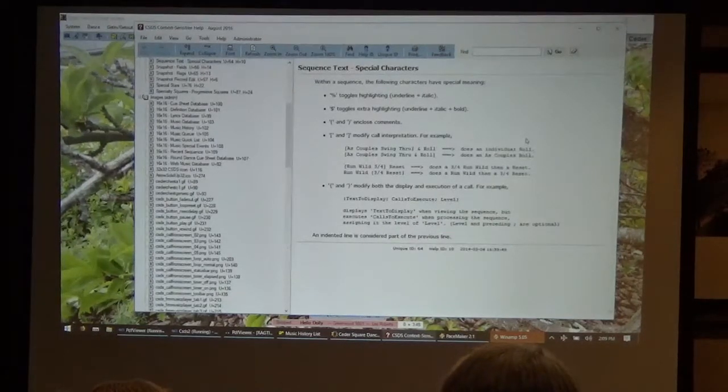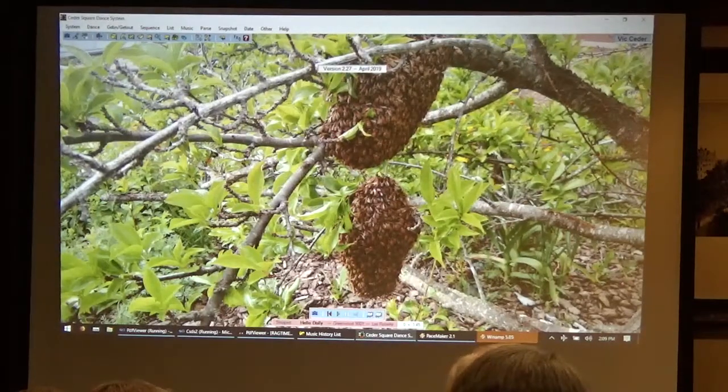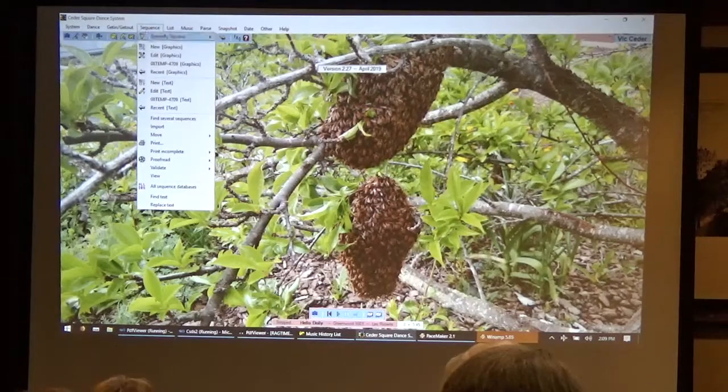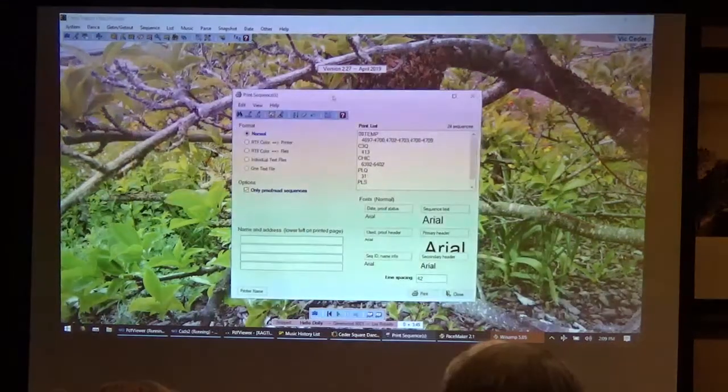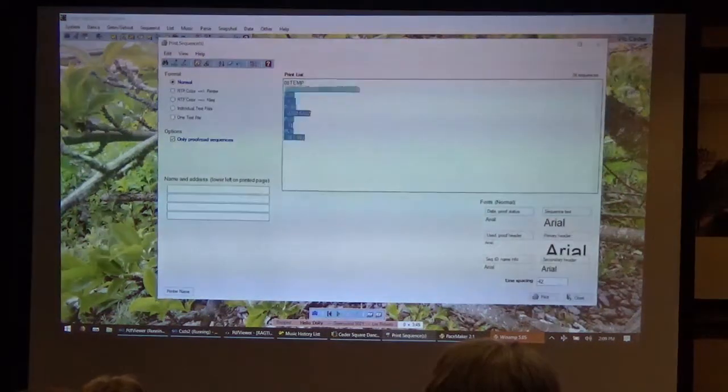Castle, Philadelphia: Say you've got a small screen, or your computer goes down, can you print out an entire dance? You mean all the sequences from a dance? Yeah, all the sequences, so that you can put them in a book or something. All right, you can go to sequence and you can go to print. Okay, and once again over here in this section you've got this list of the sequences you want